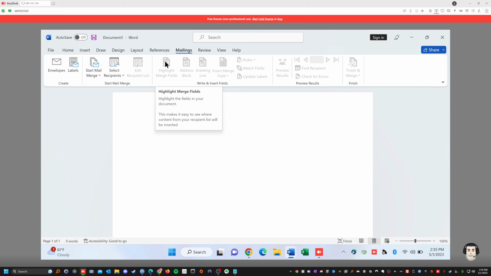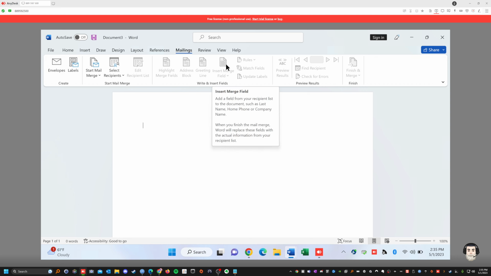Highlight merge fields, like in this case, we don't have one. You block the address, meaning you add an address to your letter on every person, right? Greeting line, add a greeting line to the letter that you're going to send out. You say, hi, thank you for your time, thank you for the business, whatever greeting line you want to add in there. Merge a file, or let's say you have the database from the bank or the hospital, the doctor, whatever. They give you a list. Well, you merge that information onto your letter, right? From here. Okay?